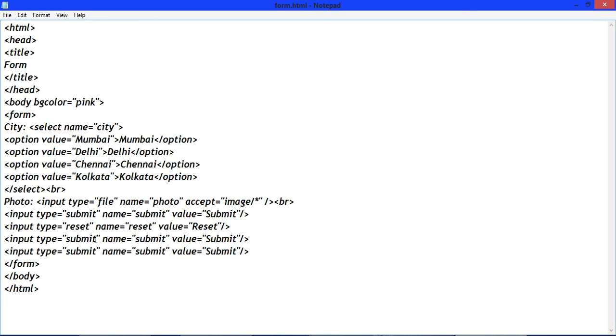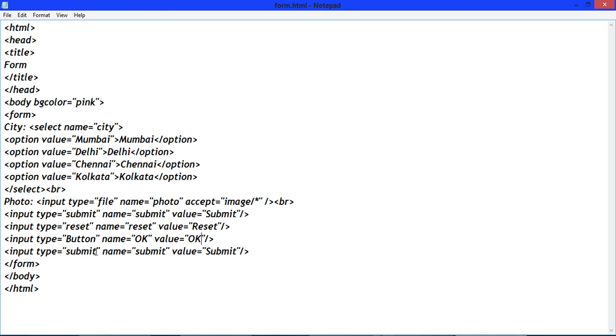Now here button, right here okay, okay button, okay.